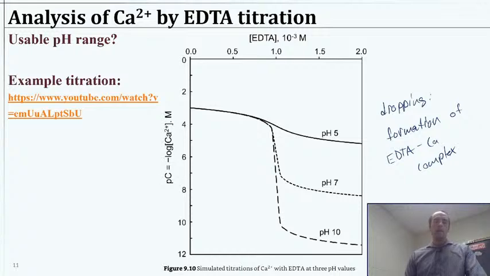And you see the pC, the negative log of the calcium. If it's dropping to a minus 10 or something, that means the remaining concentration in solution is 10 to the minus 10, right? So at first we start with a concentration of 10 to the minus 3, right? And actually that's a way to say 10 to the minus 3 is kind of the key that we're looking for. So that's why we're matching right here. If our calcium starts at 10 to the minus 3,